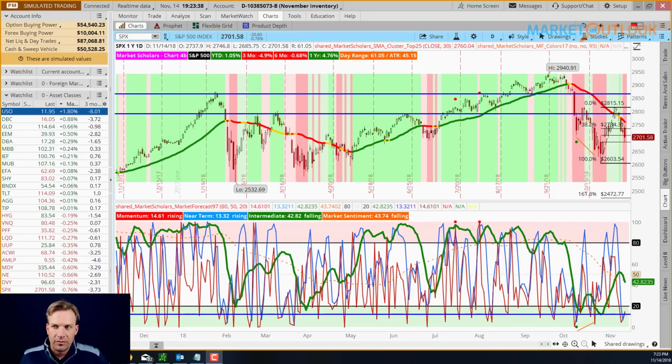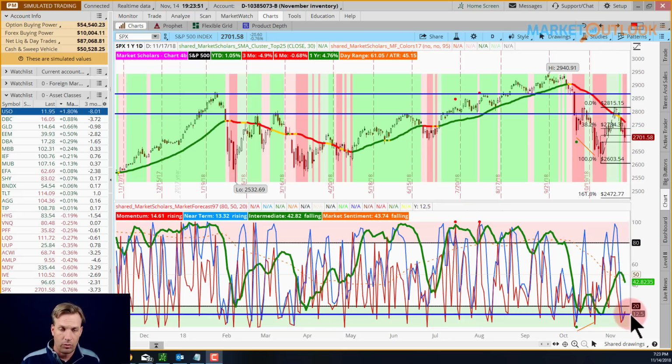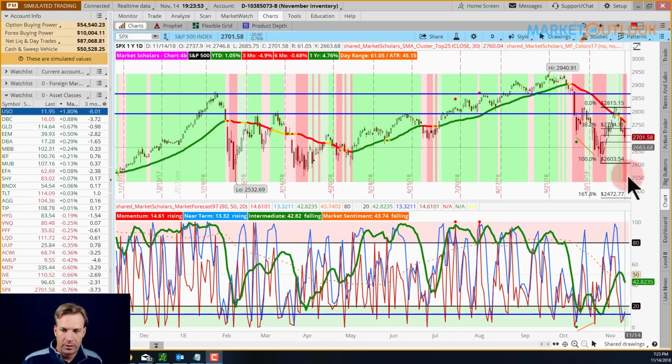Take a look at the S&P 500 with the market forecast indicator. You can see we got that renewed bearish posture against the intermediate line down, and the oversold short-term sentiment that's bounced a little bit today, but still obviously oversold. And again, I've talked about before that if the near-term line gets in that reversal zone,